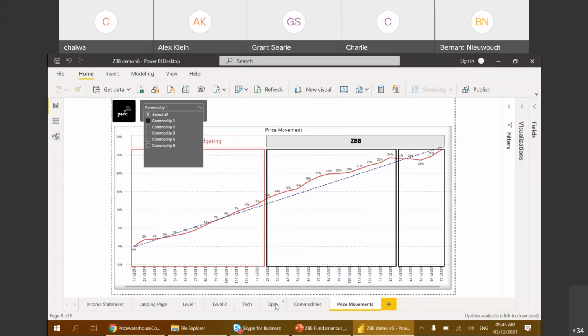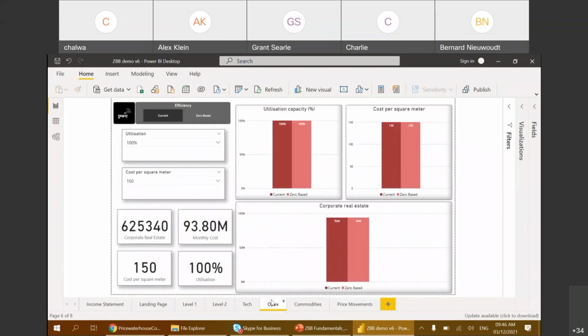Okay, then we're going to start off with a very simple example and then work our way to more complex stuff. So if you consider the rent example, specifically with a hybrid working model in mind, where you move towards working from home versus working from the office or splitting your time, whatever the case may be. Instead of looking at your rent as 93.8 million on the GL as a one-liner, look at how many square meters of corporate real estate you are renting, and what your weighted average cost per square meter is. Looking at it from this perspective gives you an opportunity to see where there might be inefficiencies and where you can extract value.